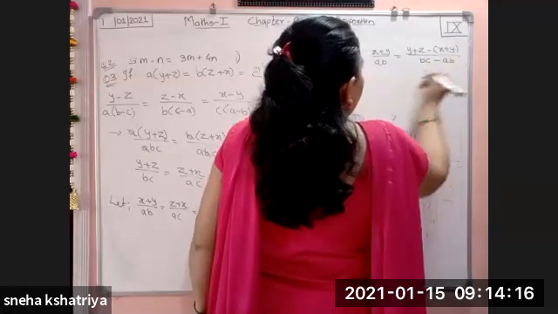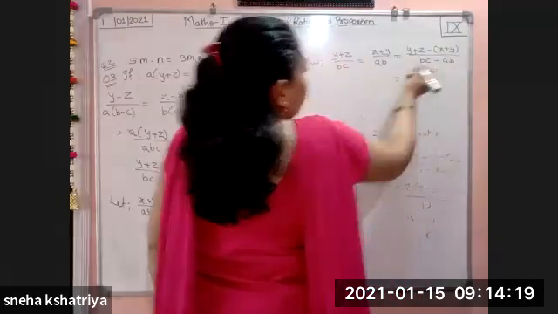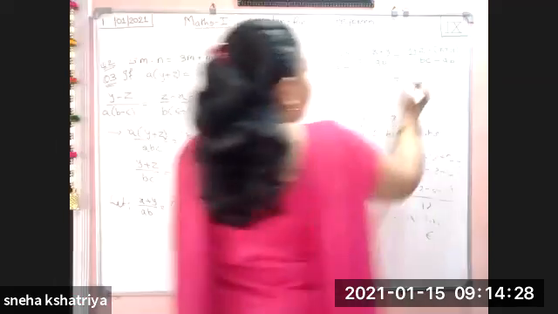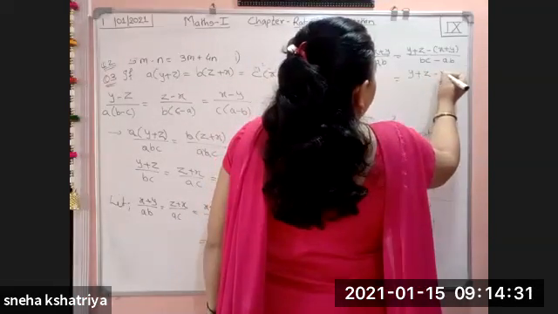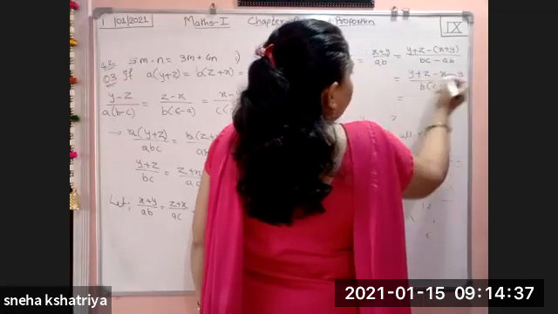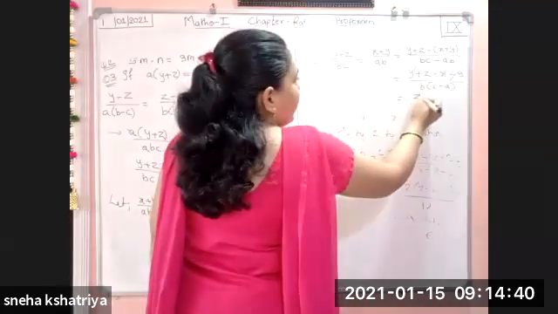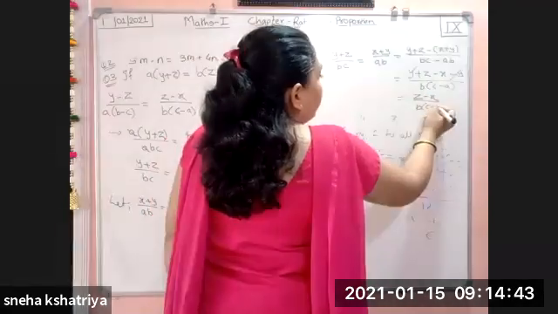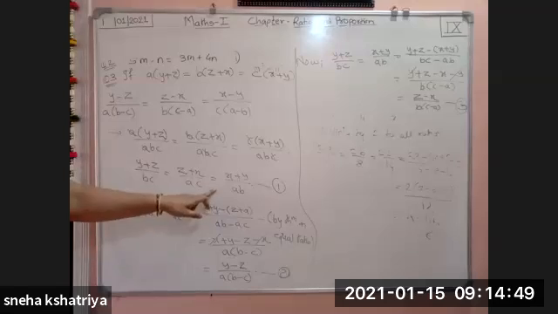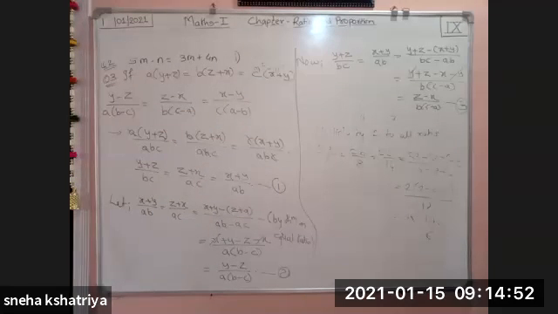BC minus AB, which is equal to, now take B common outside the bracket from the denominator, and at the numerator the minus sign will be multiplied. So what we will get? Y plus Z minus X minus Y divided by B in the bracket C minus A. Again here plus Y minus Y get cancelled. We get Z minus X divided by B into C minus A. This is again your equation number 3. This is equation 1. This is equation 2. That is equation 3.